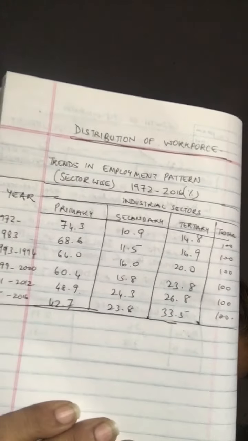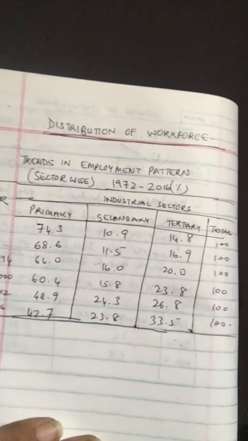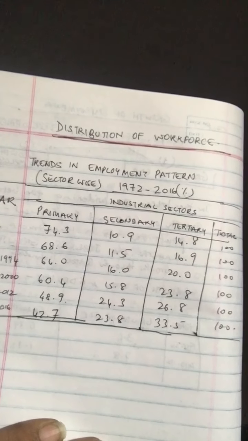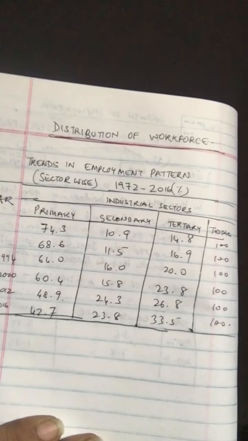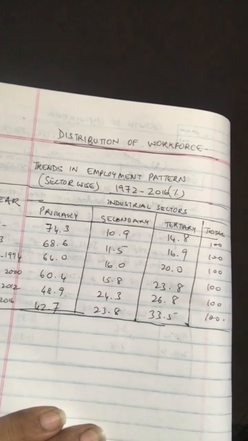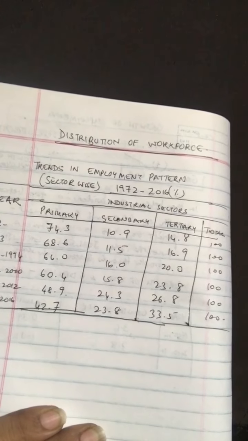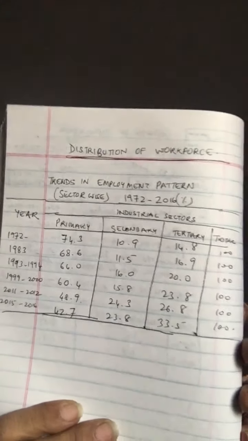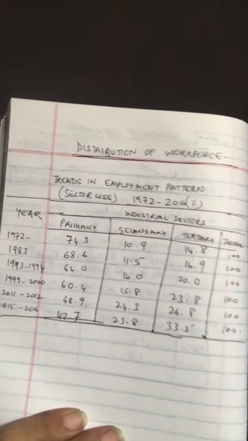If you've just gone through it, you can. So if I ask you a question like, for example, which is the largest sector in terms of employment today? The primary sector. Another important sector which has really come up is what? The tertiary sector, whose share stands at 33.5%. Things like that. This is how you can get a table and people can ask you questions based on that.